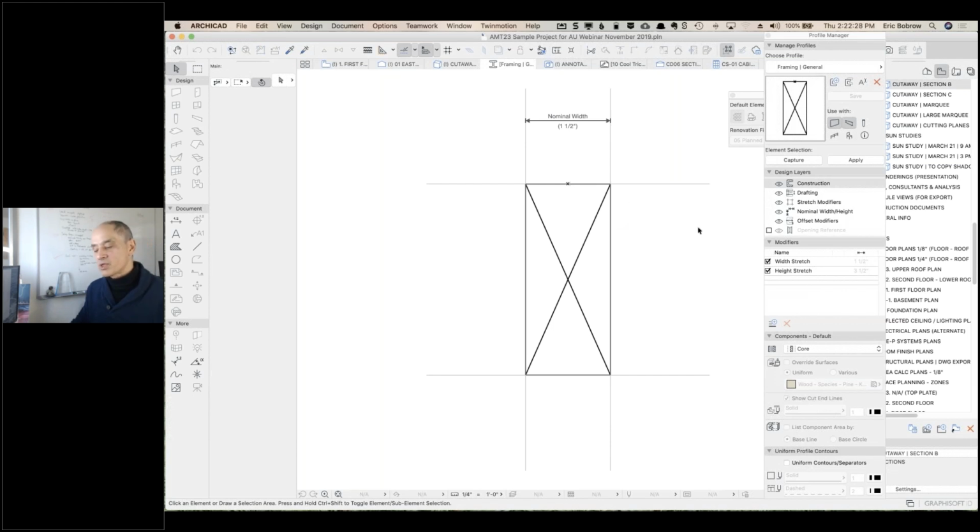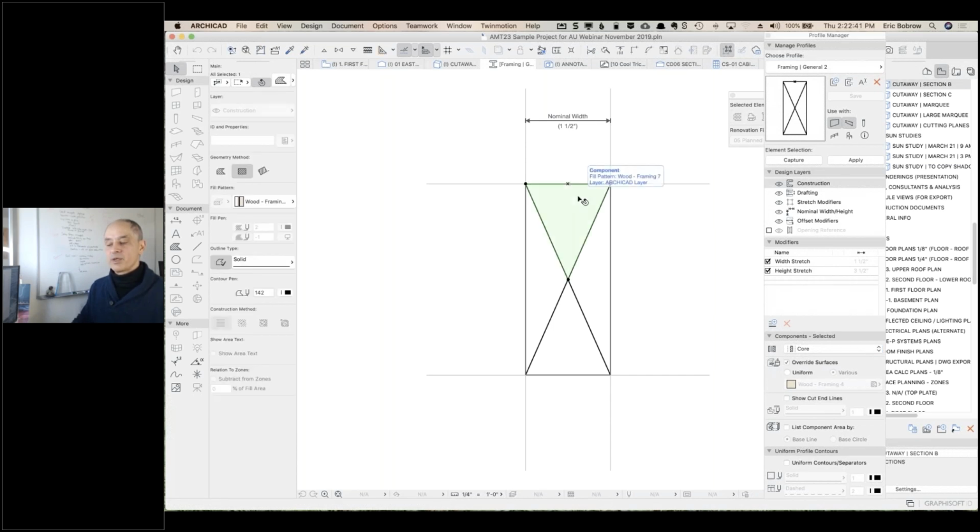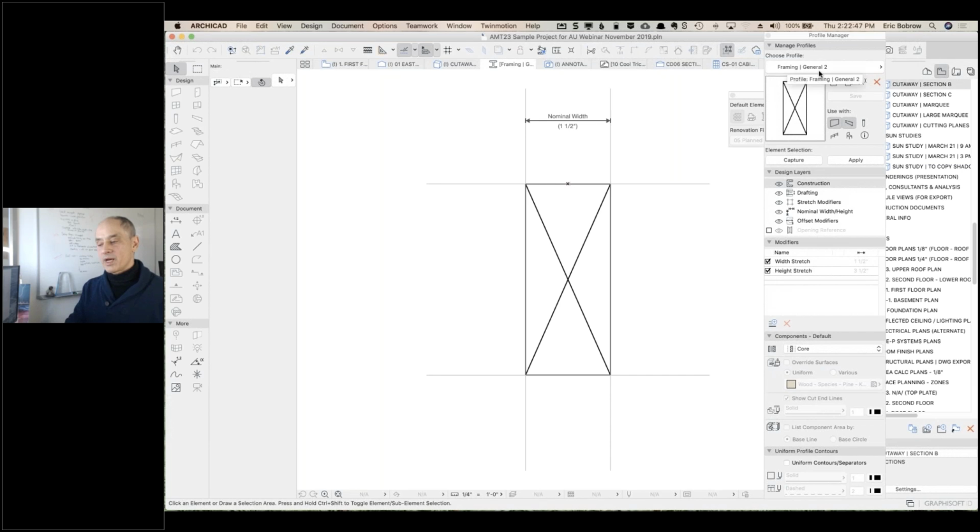But then when I put them side by side with another one, the top surface of this matched the other one. So if I go to the Framing General 2, we'll see that the top surface here is wood framing 7. So I have 1, 2, 3, 4, 5, 6, 7, 8. So I've found that by creating two similar framing members with different building materials, I can make sure that